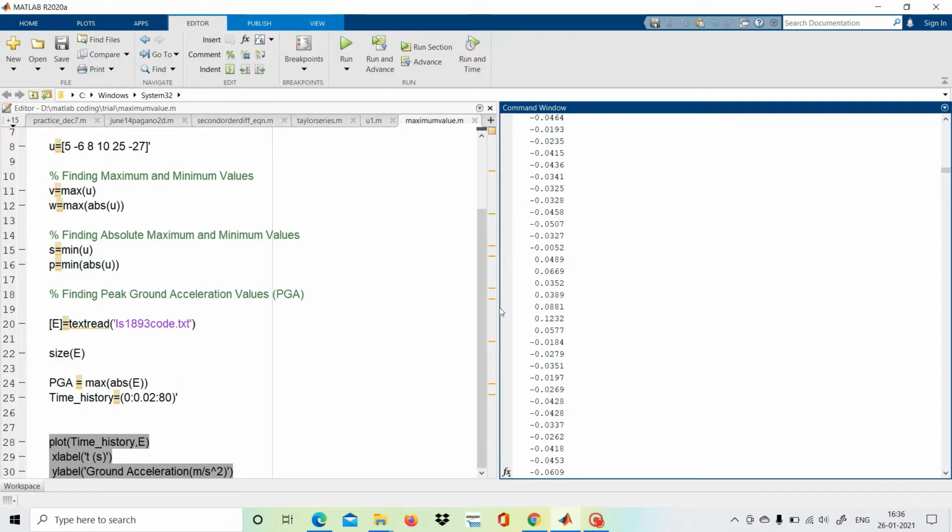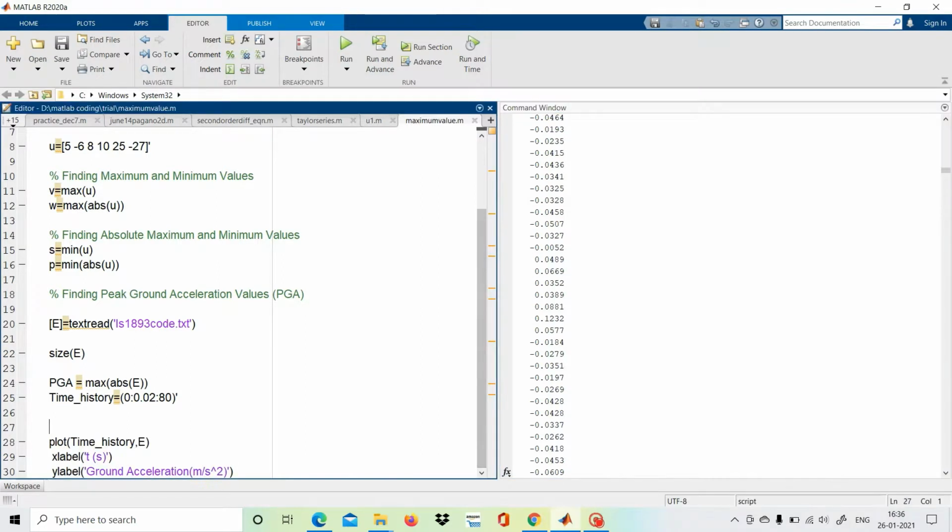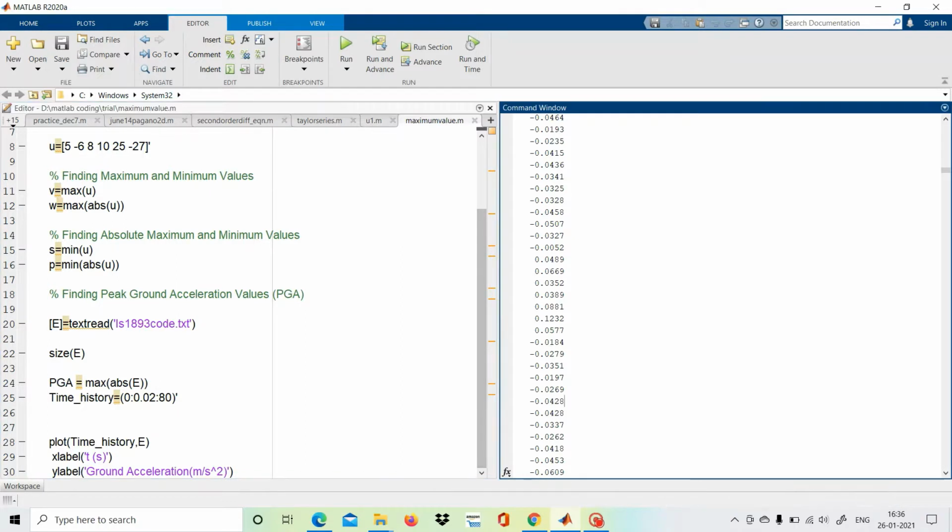The MATLAB commands for maximum absolute value and minimum absolute value help a lot. Writing max of abs of E simply gave us the maximum ground acceleration, the peak ground acceleration.